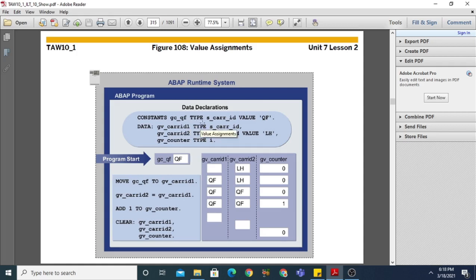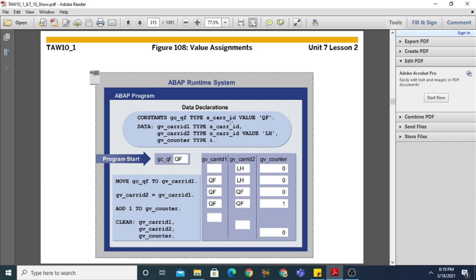Its type is s_char_id and the value is qf. First of all, it is a global type, because we have declared this data object gc_qf with the type s_char_id, which is not a standard data type; it is a global type, that is, a dictionary type.